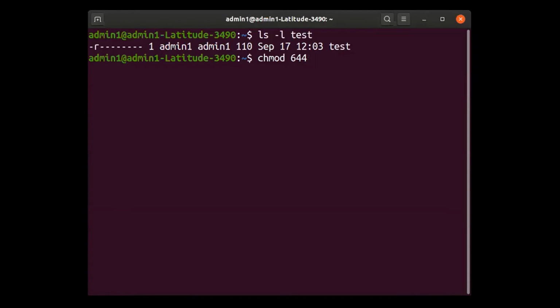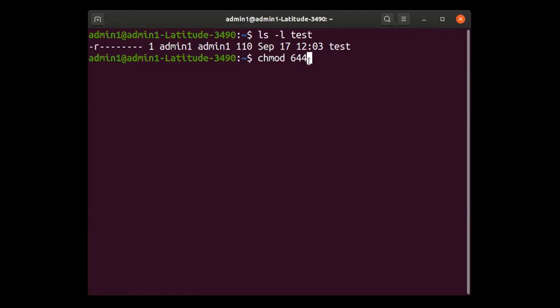Okay. Now the beauty of this is by default across the globe on any flavor, if you write 644, or as a matter of fact any 3 digits, right? It doesn't matter as long as it is 0 to 7. 644, the first digit will always be for the owner. I do 6. 6 is always for the owner in this case. The first digit is always for the owner. Second digit is always for the group, and the last digit is always for others. This is universal truth. You cannot change it.